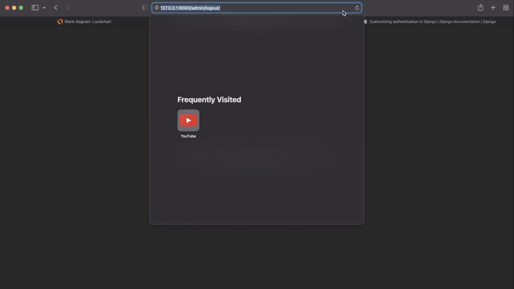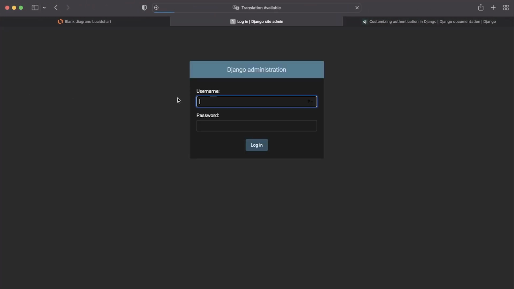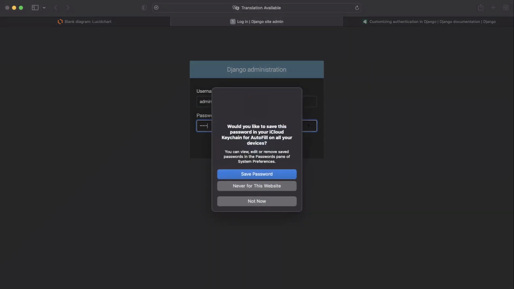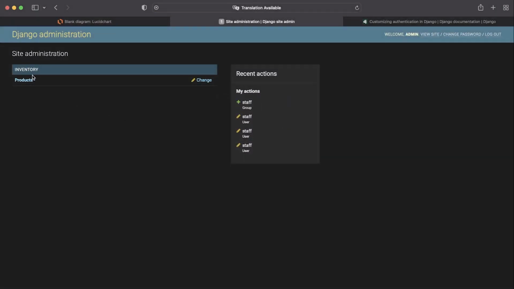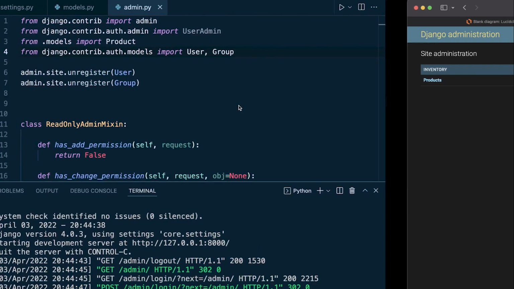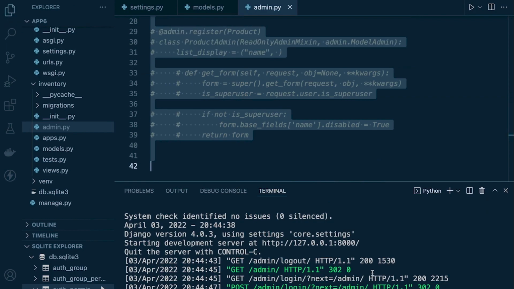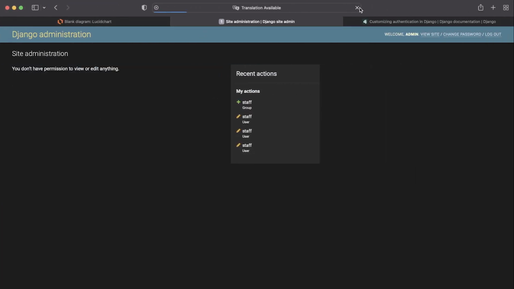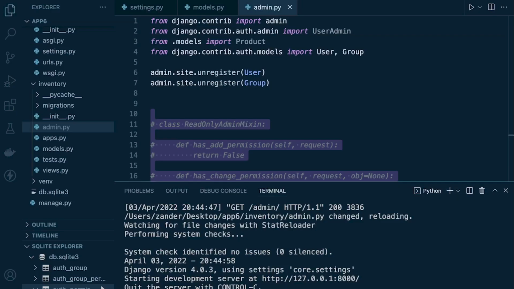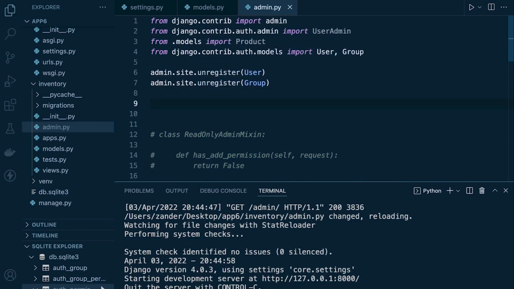So now let's log in again as the admin. There we go, we don't have those models anymore. We still have the products because we've registered that. Let's just comment that out. Okay, so now we can see when the super user logs in, they don't have that default access anymore. So let's go ahead now and create a